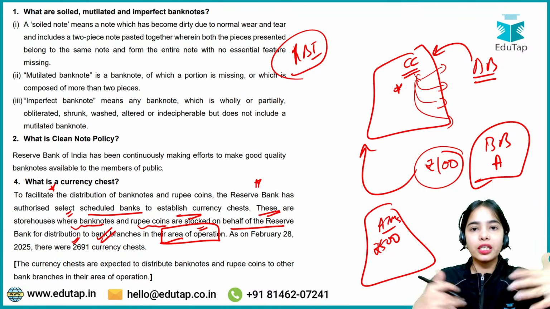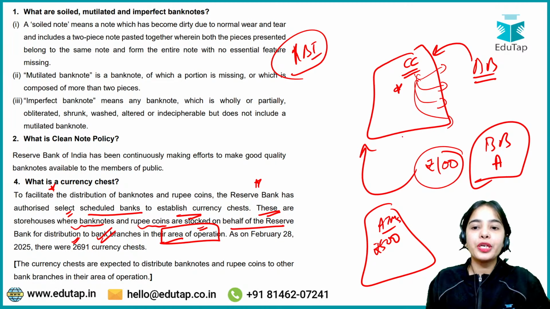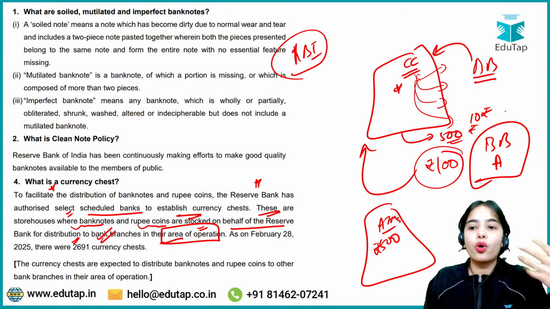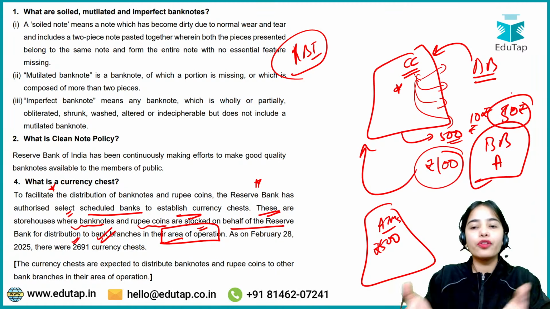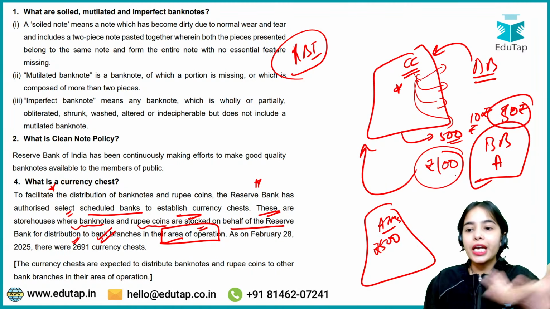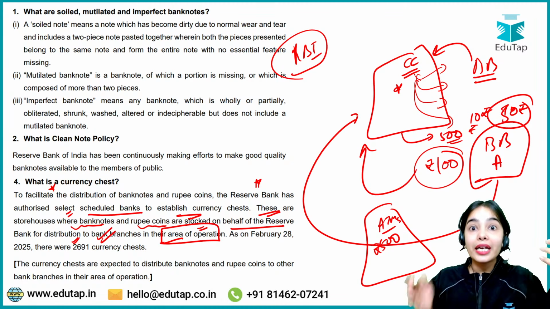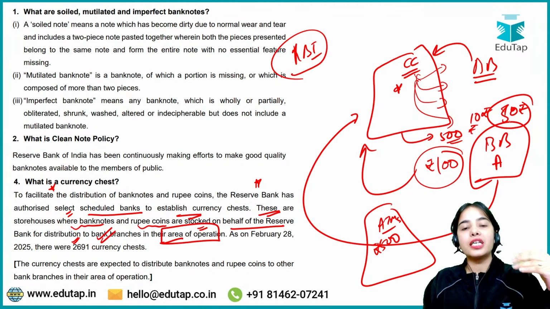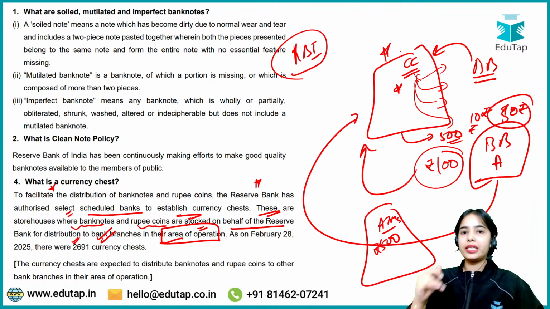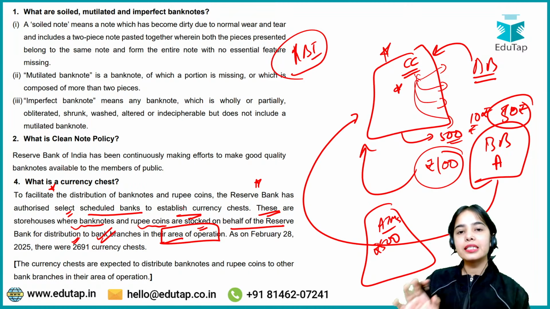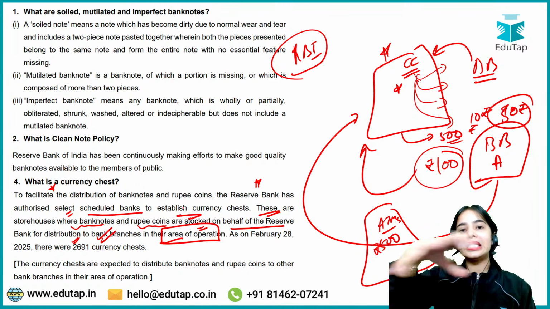So I will go to the nearby currency chest and exchange my 100 rupee notes for 500 rupee notes, or 10, 100 or 50 rupee notes, whatever my branch requires. Or let's say I have too many deposits and the bank branch does not have a high level of security. The branch can deposit its excess money with the currency chest also, because it is a storehouse with that level of security, CCTV and such. So the currency chest provides multiple services to the nearby bank branches.